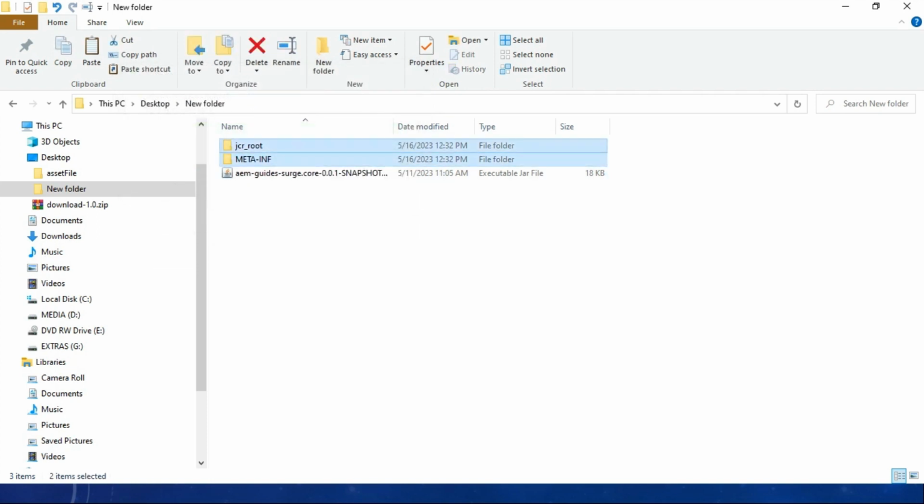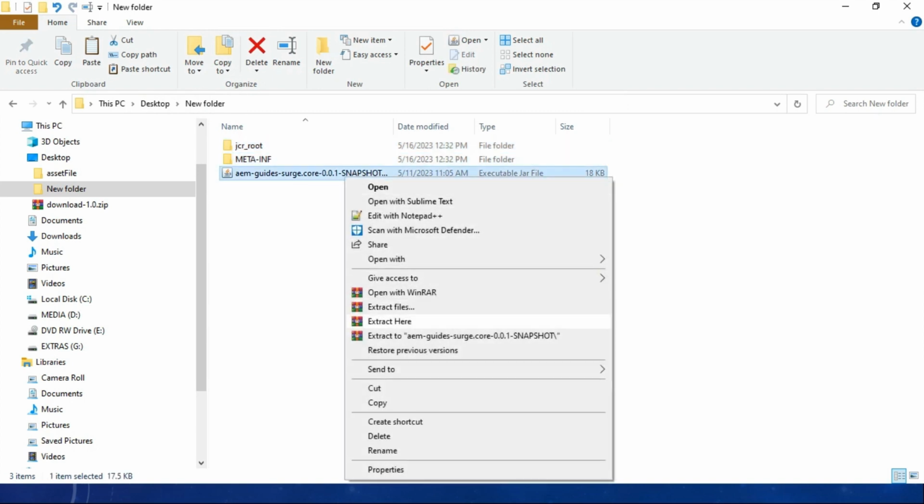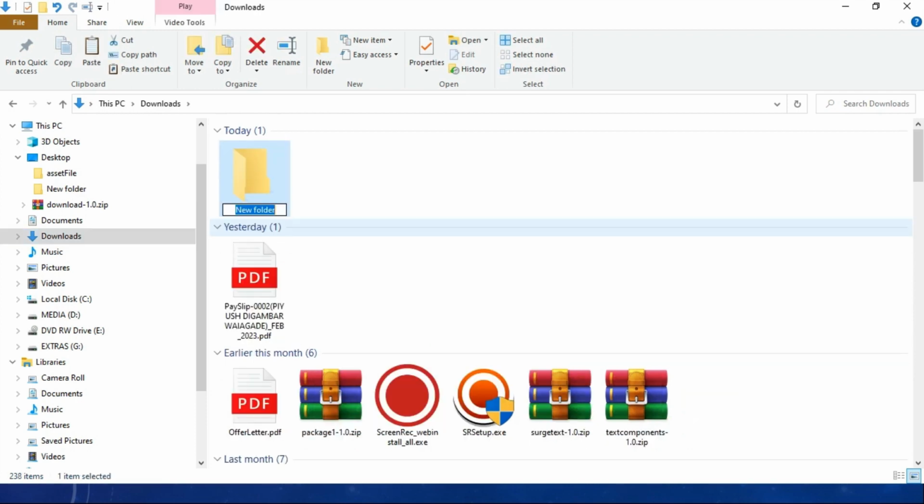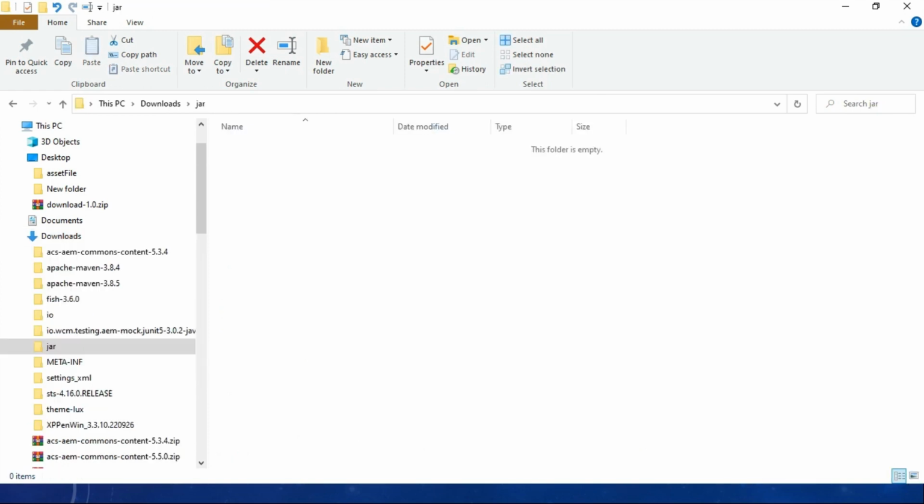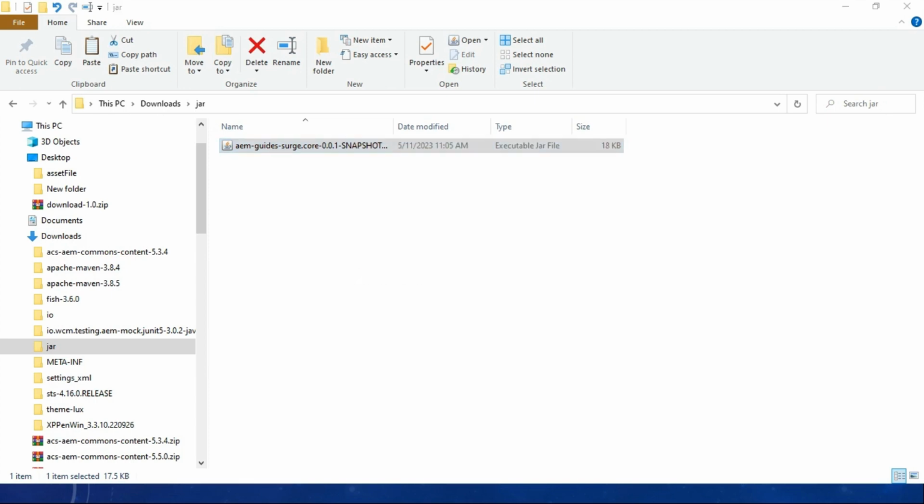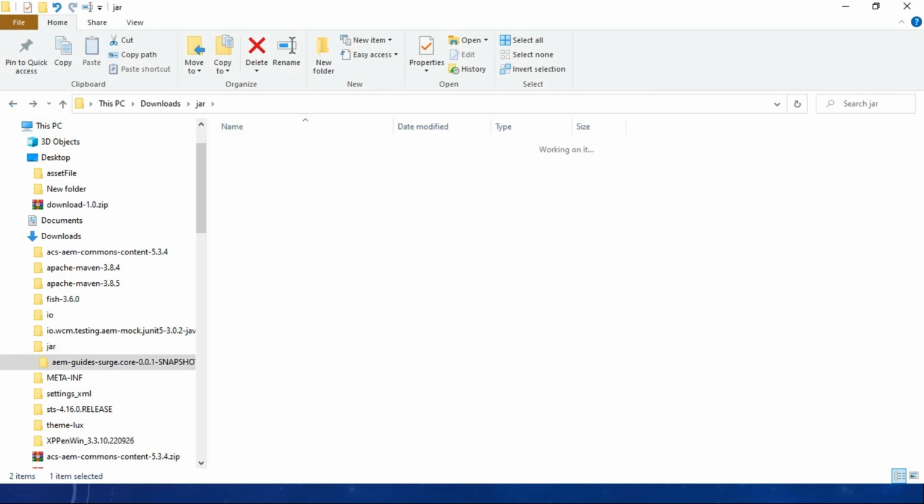Why is this file not removing? Copy, come somewhere. Yeah, so it has extracted, and inside this, here you see, when I double click here, here we have